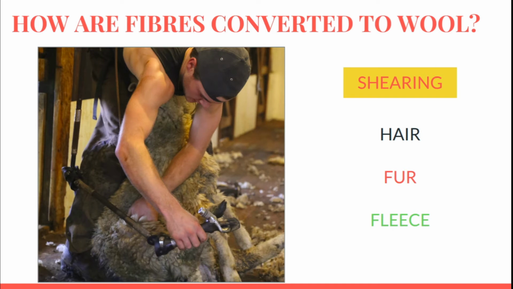The shearing of the hairs of the sheep doesn't hurt the sheep, and this process is done in the summer season so that the hairs regrow during the winter season and the sheep can withstand the winter season. So during winters, the sheep are kept inside the homes and they grow their hairs during the winter season, and during the summers the hairs are shaved off their body so that the hairs grow again during the winter season. So this process continues.